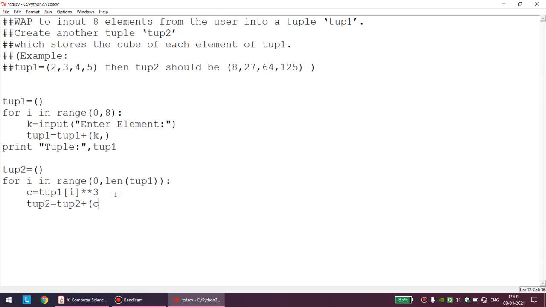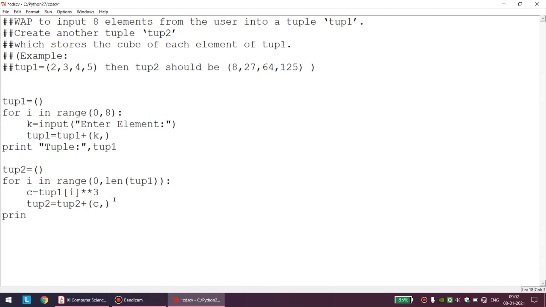So every time, one minute, every time what will happen? See, this will give me access to each and every element of TUP1. I want to take each element of TUP1 and perform the cube of that. I could have done this directly here. That would have worked perfectly, but I did not want to have any logical issues or logical mismatch. So that is why I decided that all this cubing or calculative part I will complete in a variable C, and I will keep on appending that variable C.